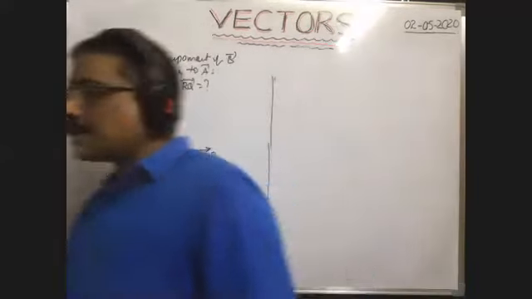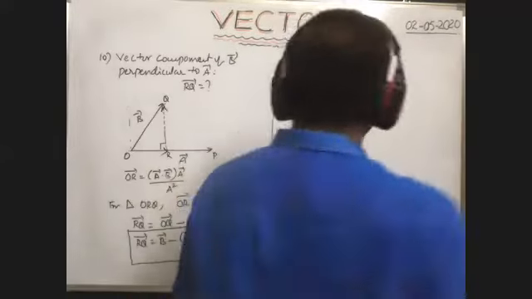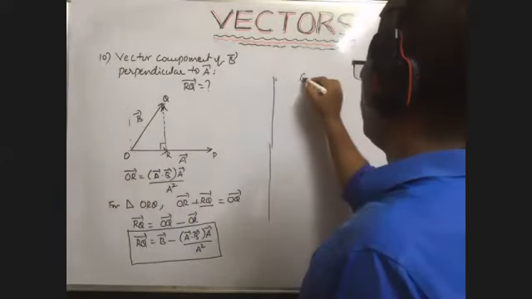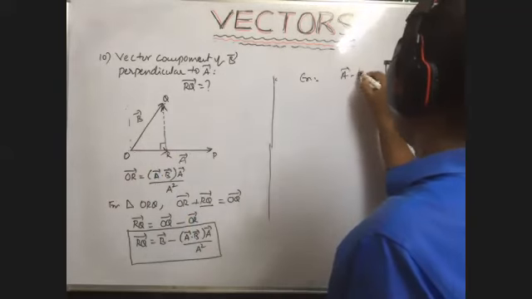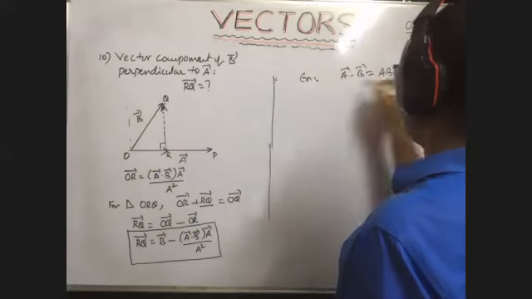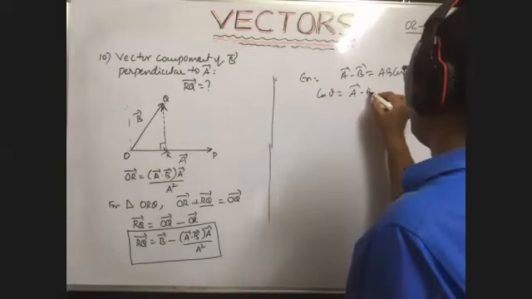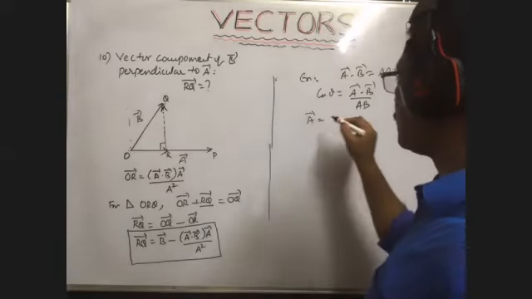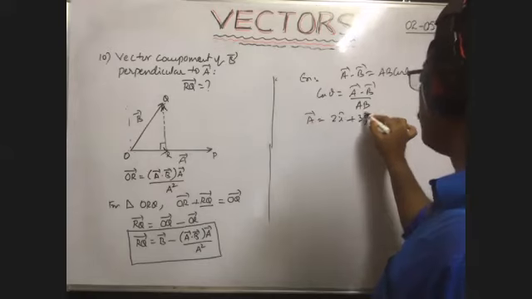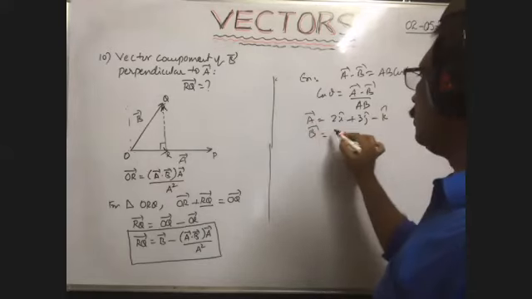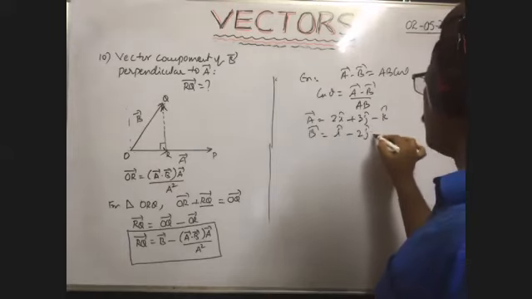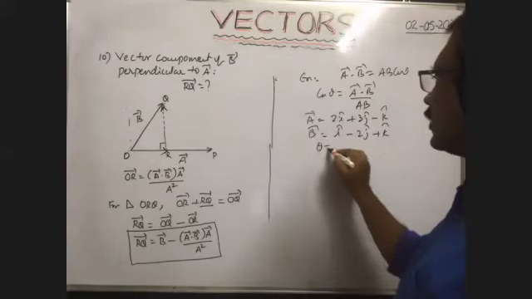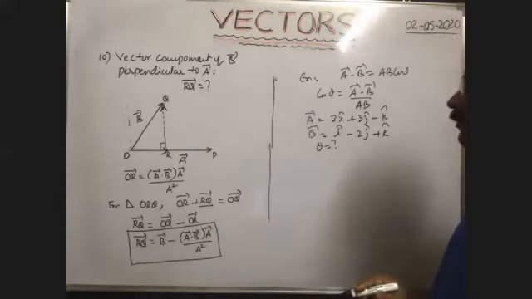Okay. Somebody asked, what is the example for theta? Here, for the example, A bar dot B bar is equal to AB cos theta. From this, cos theta is equal to A bar dot B bar by AB, no? Suppose we are given A bar is equal to 2i cap plus 3j cap minus k cap, and B bar is equal to i cap minus 2j cap plus k cap. Then what is the angle between these two?